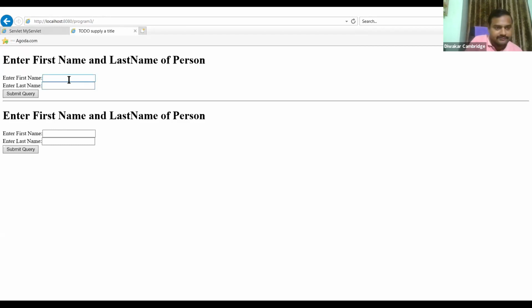Whatever information you are sending using the get method, the form parameters you have, will be appended at the end of the string. In the post method, when I click the submit button, that information will be encapsulated in the request body.